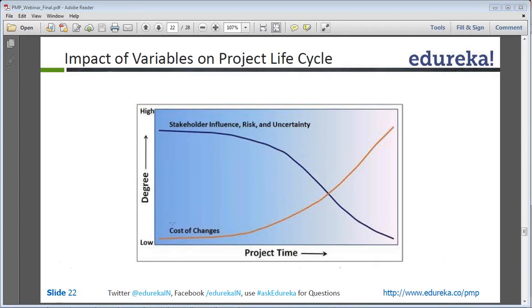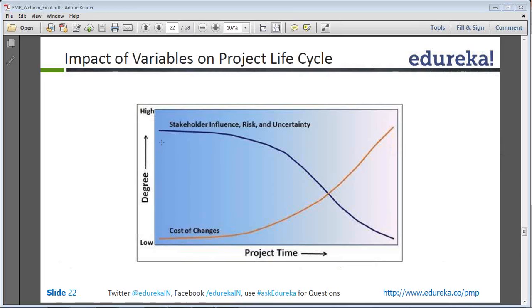Now here what it says is this is the cost of changes. So if any change is required at the beginning of the project, it is easier to make the change and little effort is required as compared to as the time passes towards the end. Maybe at the UAT you find some major mistakes, then if you have to change, you have to change starting from your requirements up to the UAT again. So there is a huge amount of cost. So cost of change at the beginning phases is less. As it goes into the project,